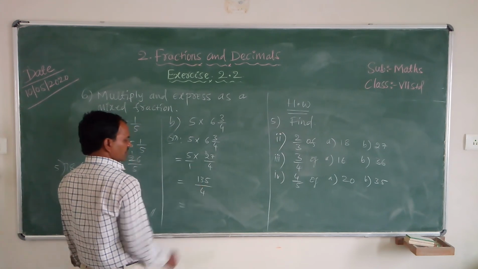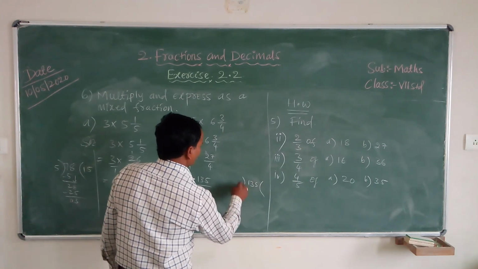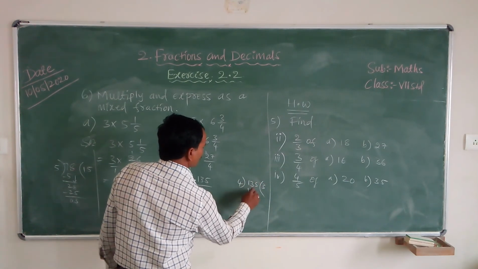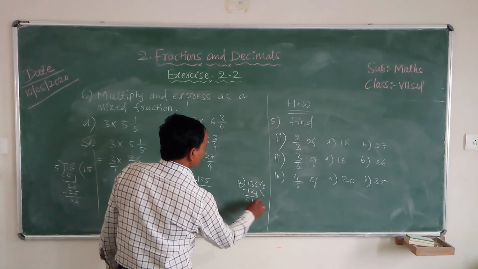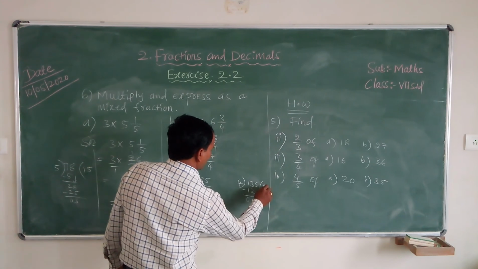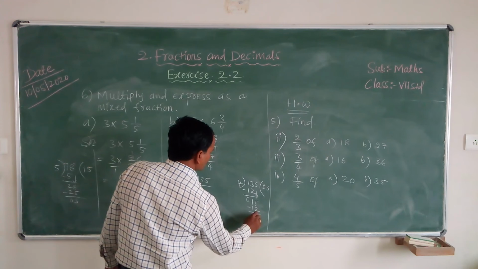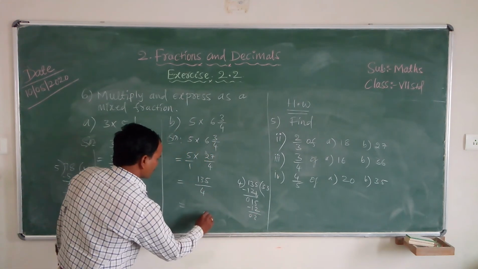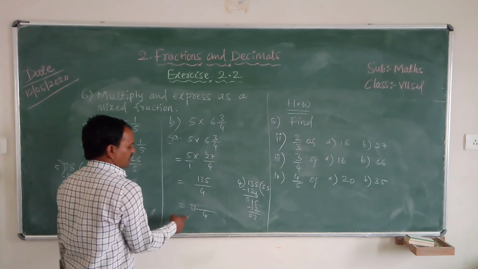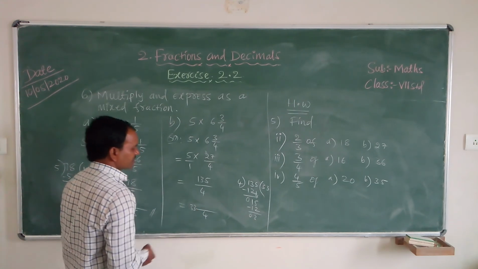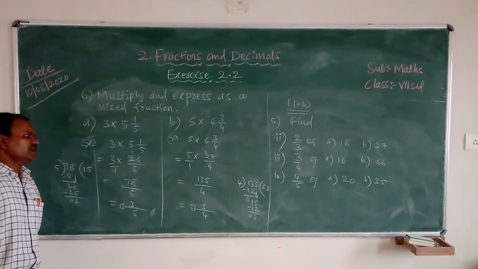So convert it from an improper fraction to a mixed fraction: 135 divided by 4. 4 3s are 12. 13 minus 12 is 1, bring down 5. 4 3s are 12, so 15 minus 12 is 3. The denominator is 4, the quotient is 33. 3 4s are 12, carry 1. 3 4s are 12, plus 1, 132. 132 plus 3 is 135. So like this you do it.